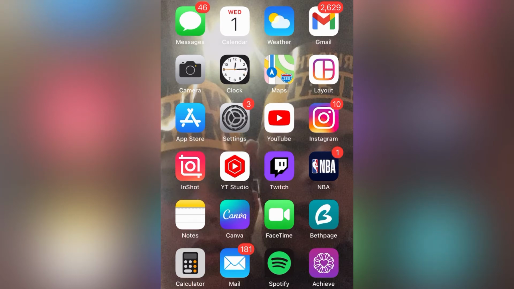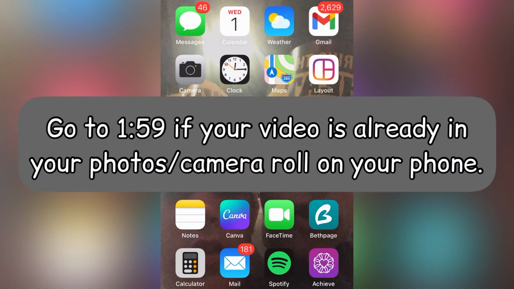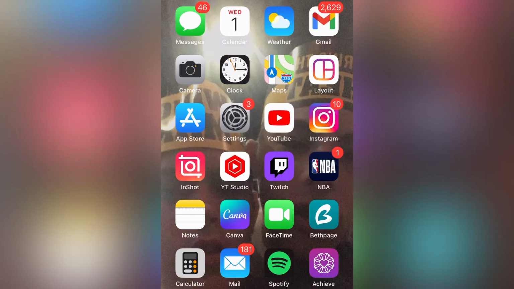Alright, first, if you record a video on your phone, then this is going to be really easy. But if you're, say, doing a gaming video, say you're on PlayStation or Xbox, you can upload it to YouTube directly from Xbox. There's an option. I know there's an option on PlayStation, so if you're on PlayStation, you do that. You want to upload it to YouTube privately, and then when you're in YouTube,